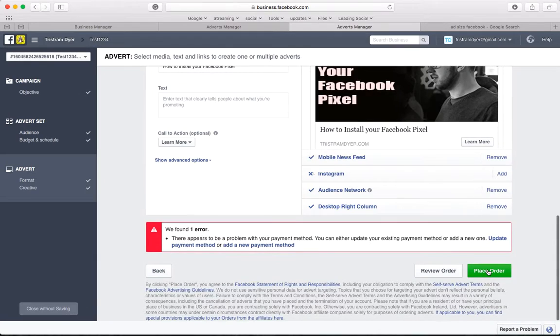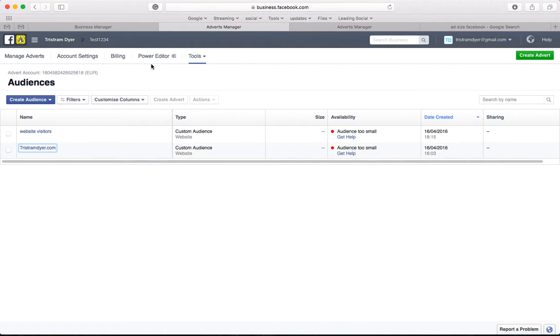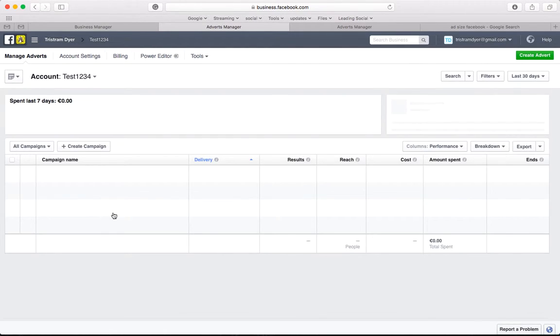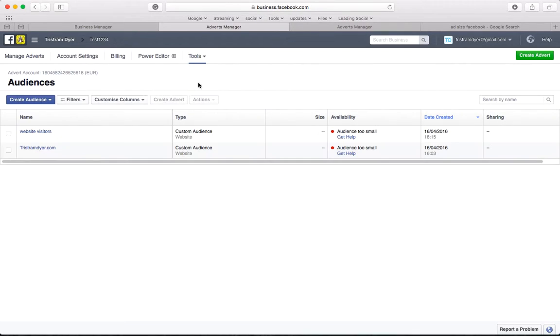Now, this is a test. I haven't added any payment method to this, but once I put a payment method in, it'll come up here. And it'll be in this advert, it'll be a campaign here, and I'll explain how to use this in a separate video. The main thing I want to show you today is if I go into audiences and I want